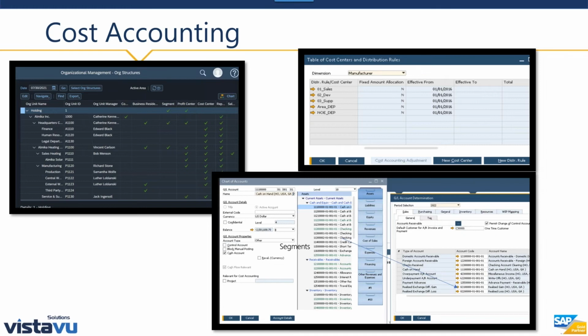In our screenshot here, we have our cost centers set up with our different divisions of our company. So that we're including our sales, our dev, and our supplier companies. But you can have something as simple as also setting up different countries or different states within your system as well. For example, a cost center for New York versus Chicago